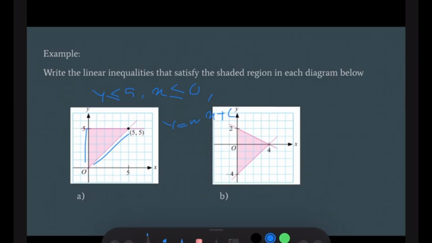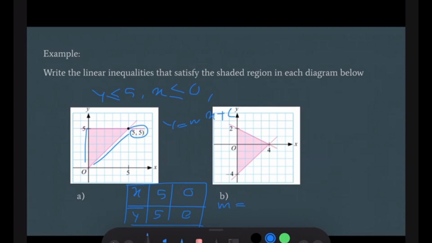We find it from the coordinates, using x and y. Here we put 5 and 5. We have to make a table. To find the gradient m,